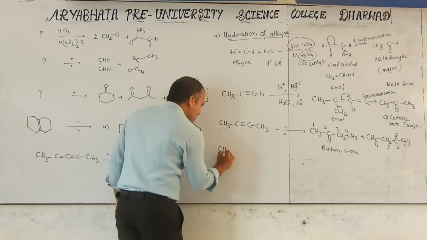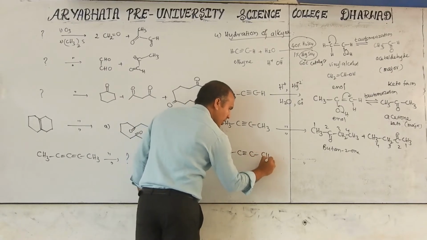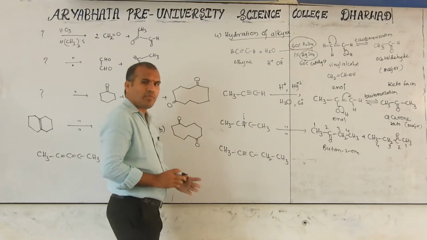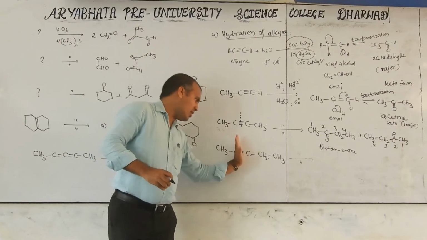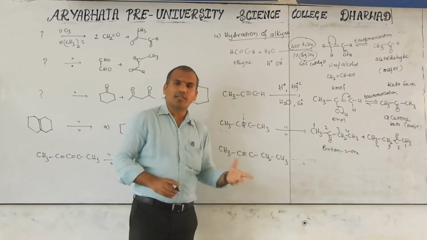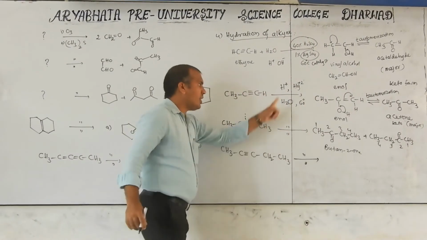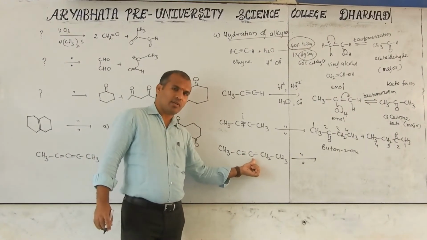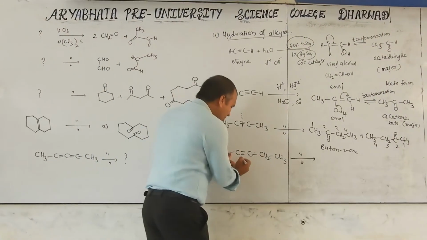But now take CH3 C triple bond C CH2 CH3. This is unsymmetrical. Symmetrical means that when you cut it down the middle, the two parts are equal mirror images of each other. But here if you cut, you will not get equal parts: the left side is CH3, the right side is ethyl. So it is unsymmetrical. When it is unsymmetrical, what products are possible? Same reagent. Here also there is no hydrogen, and there also there is no hydrogen. When there is no hydrogen, any one side can be attacked. If the left side is attacked, what is the product?